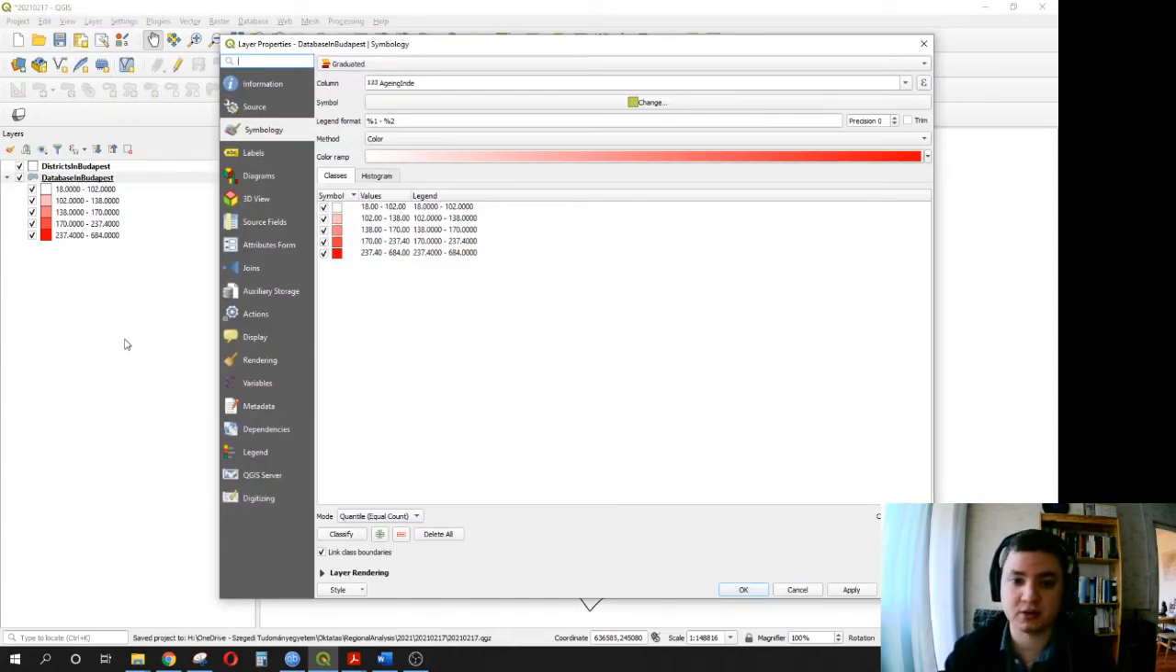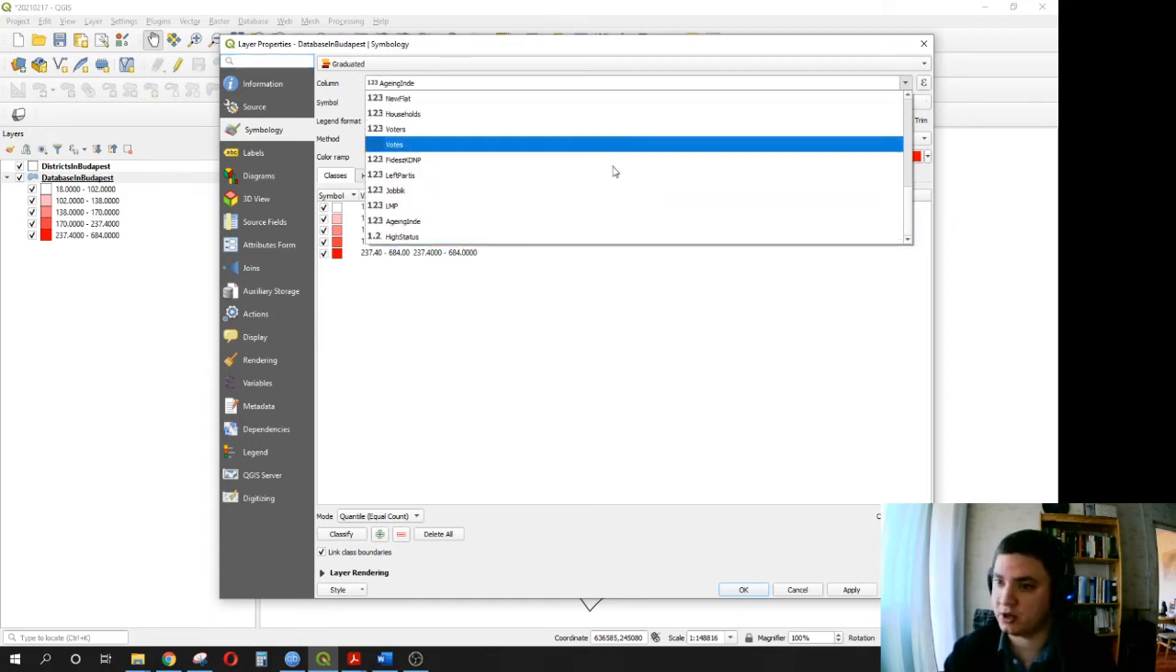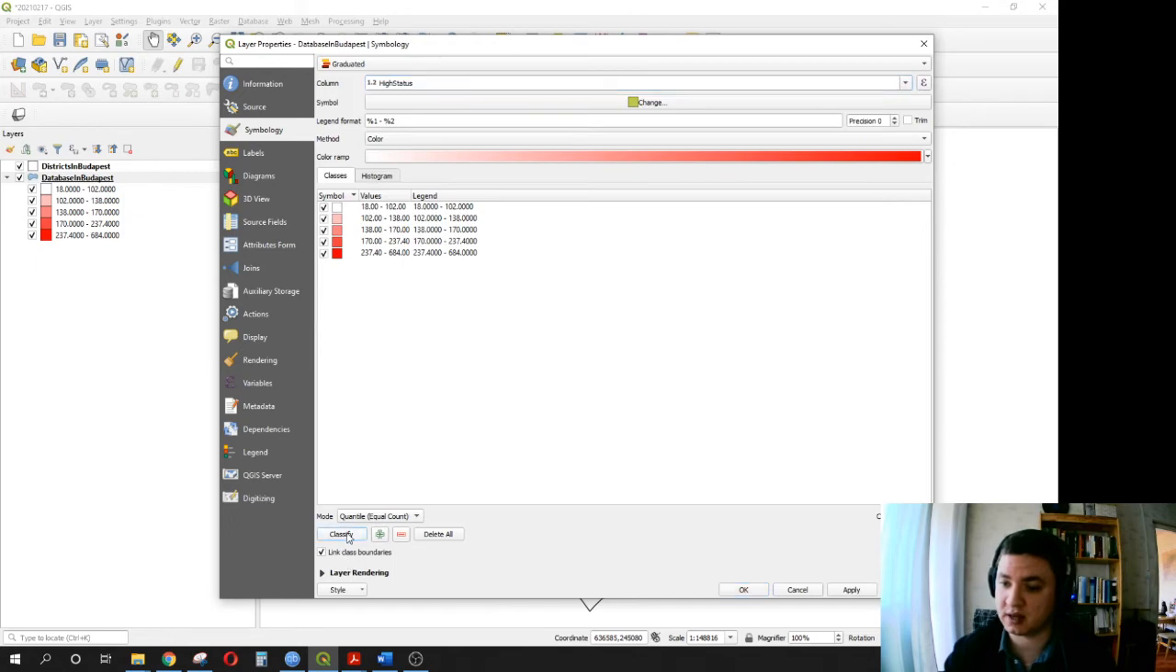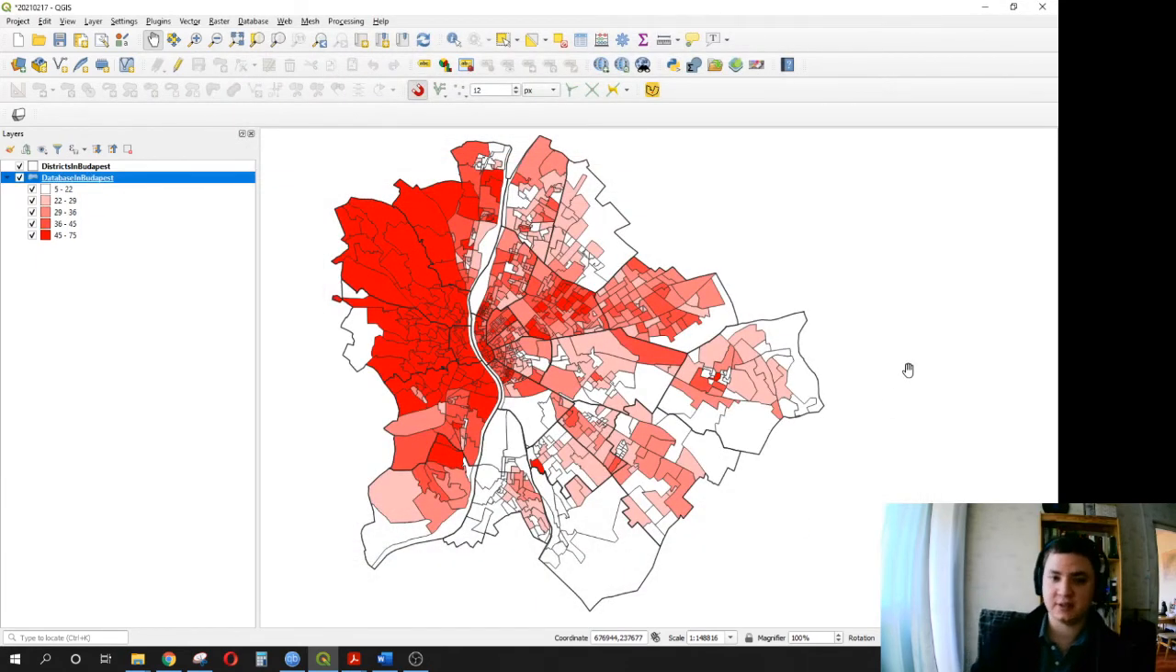Database in Budapest. Double left click also appears the properties. So the column we should select is the high status, and classify also, and apply. We have this distribution of high social status. We have a very huge